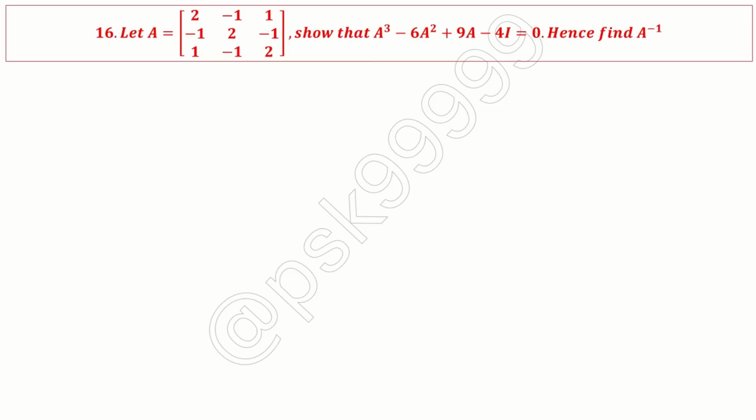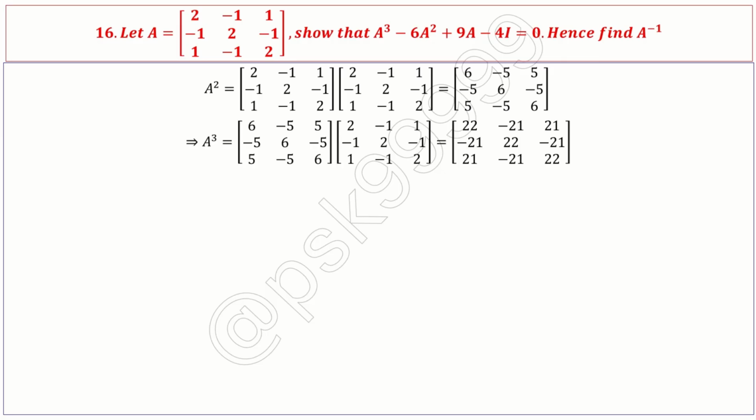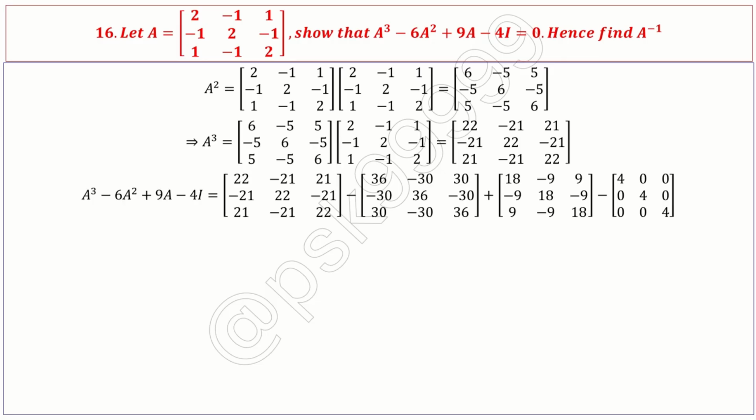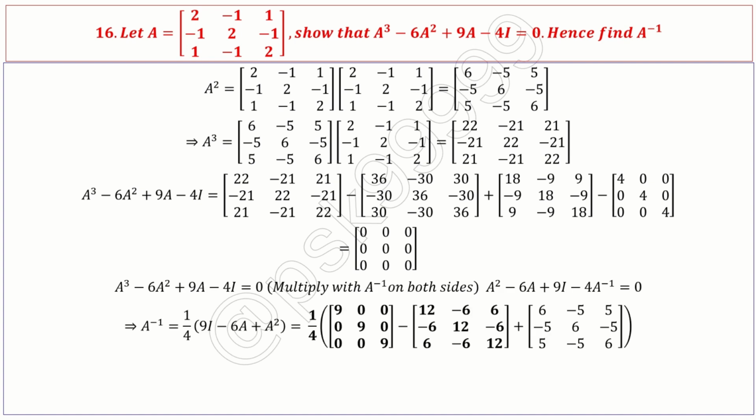Next, same problem, different matrix is given, so you will do exactly similar way. First you find A square, A cube, then A cube minus 6A square plus 9A minus 4I, which is indeed zero, so equation is valid. So you multiply with A inverse and then find out A inverse from the resultant equation. So this is my A inverse. Next,